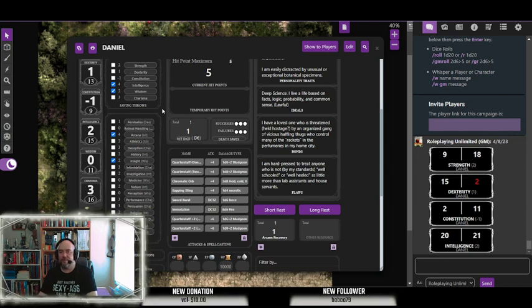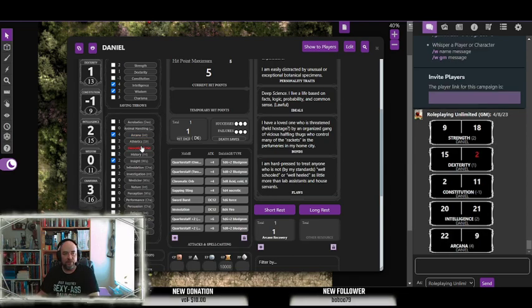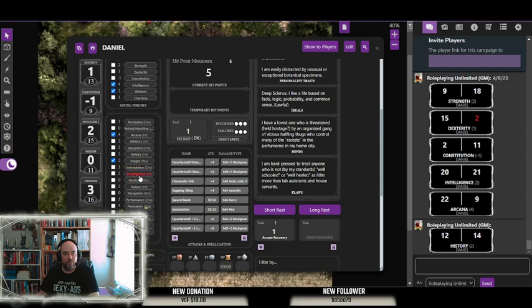So your primary thing for intelligence is, of course, knowledge. We do have a number of skills that deal directly in intelligence. Arcana, history,